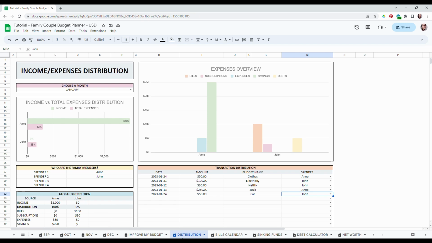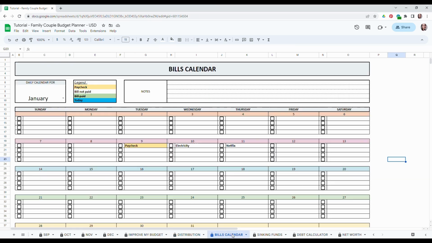So now let's have a look at the bill calendar. In this tab, you will be able to see all your monthly bills. In this tab, you only have to choose the year and the month, and you will see all the bills, subscriptions, and the income entered in the monthly tab automatically appear based on their due date. So we entered